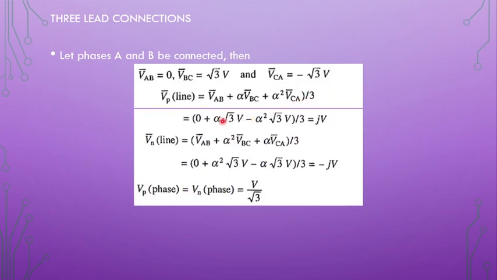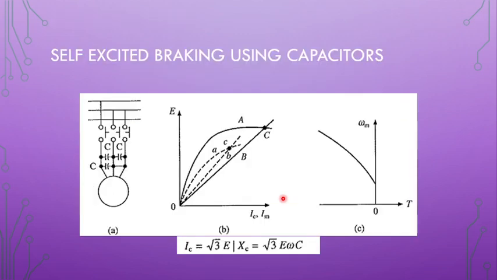Now if we try to simplify this expression for the positive sequence line voltage by substituting the known values of VAB, VBC and VCA, we arrive at a voltage which is 90° in phase to the actual line voltage, and the negative sequence voltage will be opposite to that of the positive sequence voltage. So the per phase voltage will be the negative sequence voltage divided by root 3, or the positive sequence voltage divided by root 3. We just get the magnitude values. So these are the mathematical terms involved.